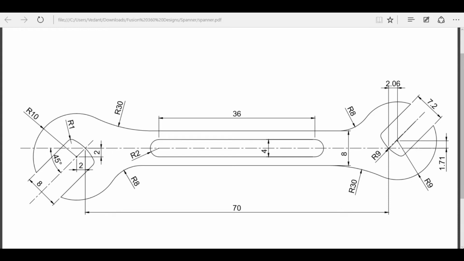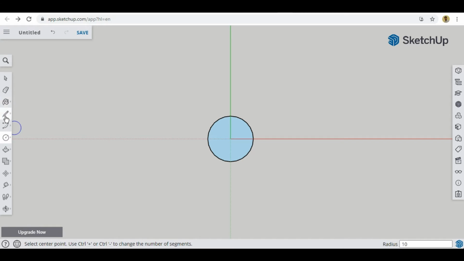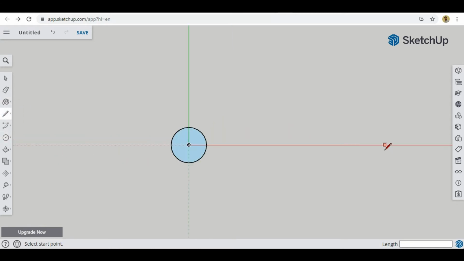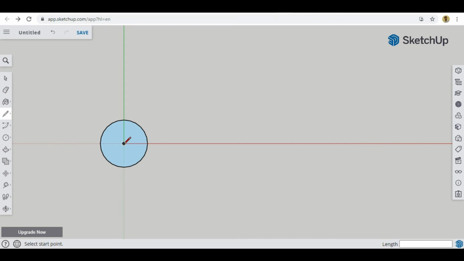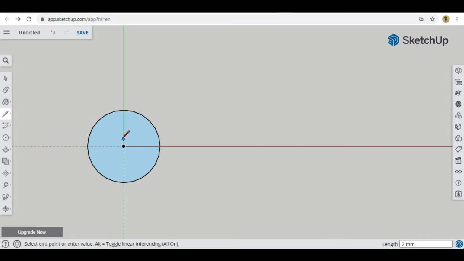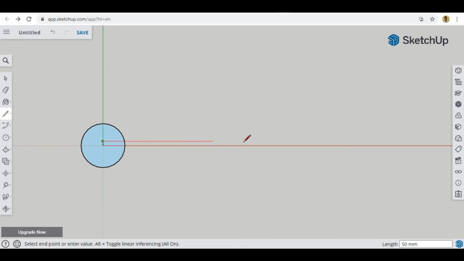Okay, so it means first we have to take a line so that we can create some reference points. So first we take this as a first point, then we have to go up. Okay, for the left one we have to go up 2 millimeter like this, and right side we have to go 74.